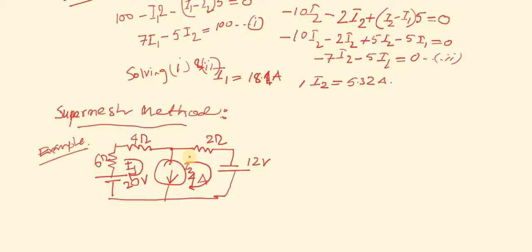In this case, as you see, there is a current source here. Now, in super mesh analysis, if there is a current source like this, just assume that this current source is not there